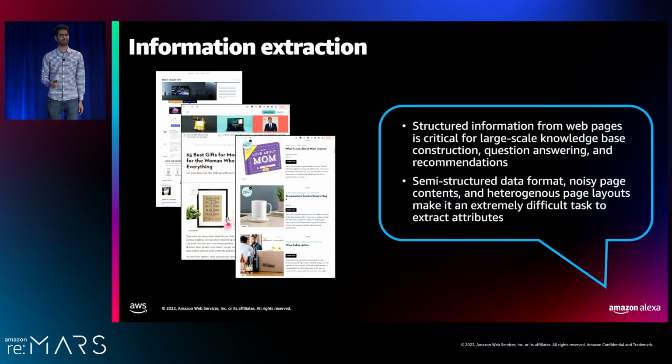Let's begin with information extraction. Let's first define what information extraction even is. Information extraction is often referred to as the process of converting unstructured information into structured information that conforms to a predefined schema. Web pages or documents are the most common and powerful source for humans